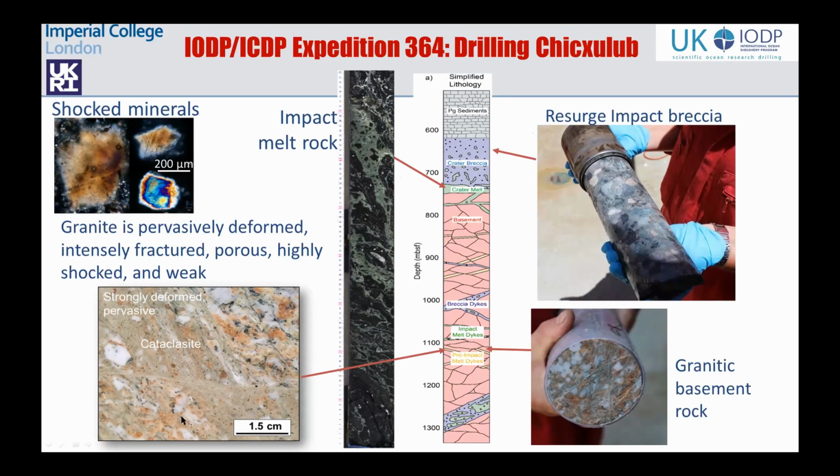The granite's fabulous, and again, one of the lucky things that happened to us is that this granitic basement moved essentially from about 10 kilometers below surface to about 1 kilometer below surface in, as I mentioned, 10 minutes, and has nothing else deforming it. So the only deformation in this area is all impact related. So that's perfect for studying